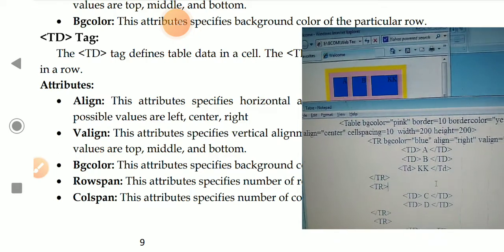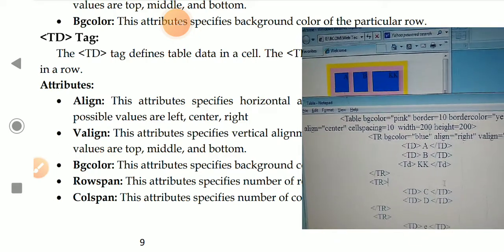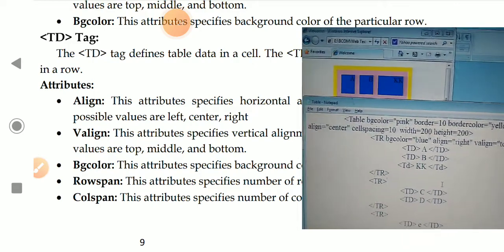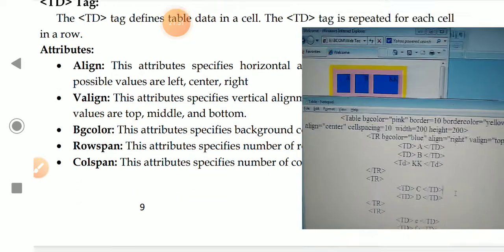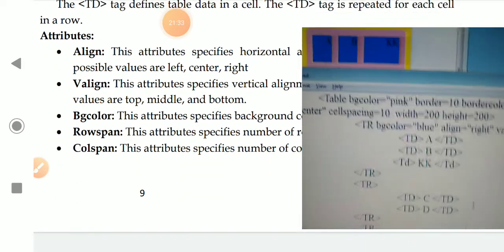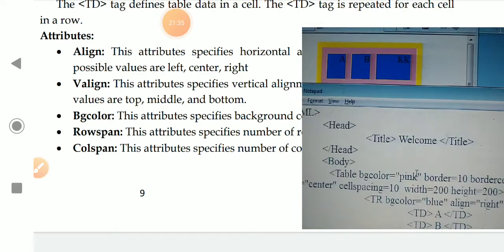Okay, so this is a td. The td tag defines the table data in a cell. The td tag is repeated for each cell in a row. The attributes are the same, with the additional attributes rowspan and colspan. Rowspan merges the rows.